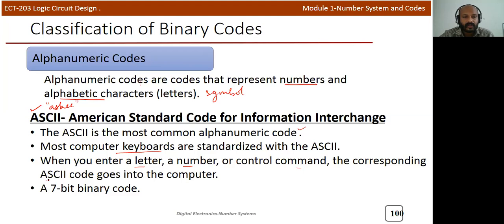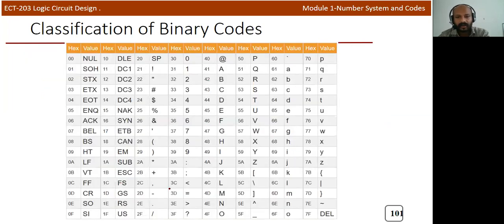Okay, so ASCII code is a 7-bit code. This is a very important point. We are using 7 bits to represent the characters and numbers in ASCII representation. On a keyboard, each character is represented by a 7-bit binary code if it is an ASCII representation. It's very important. Nowadays, extended versions of ASCII are used, but the base form of ASCII is a 7-bit binary code. Now we'll see what we mean by the ASCII code.